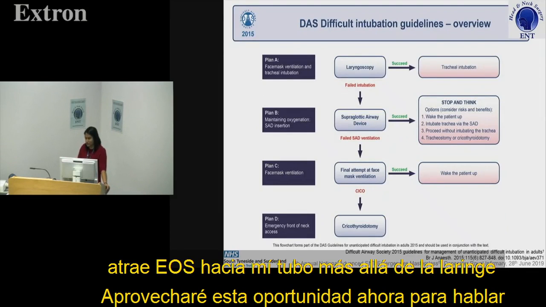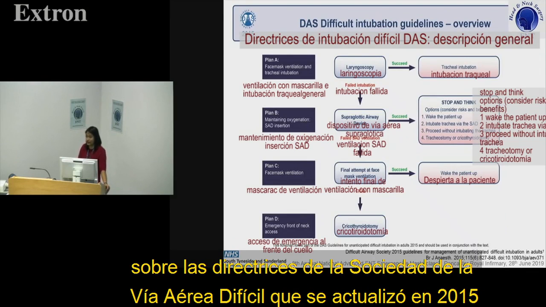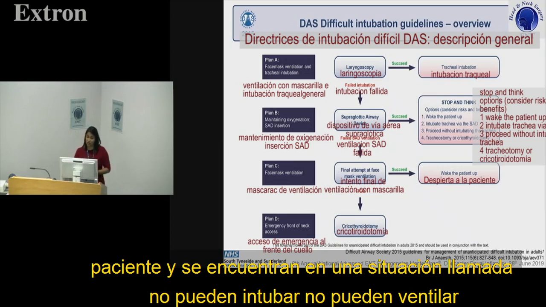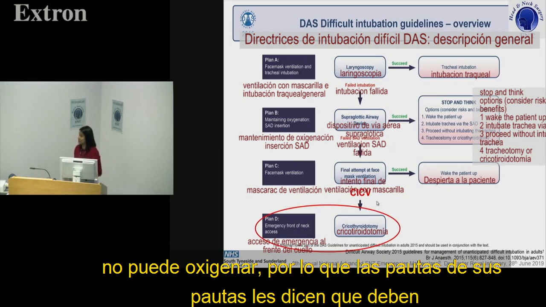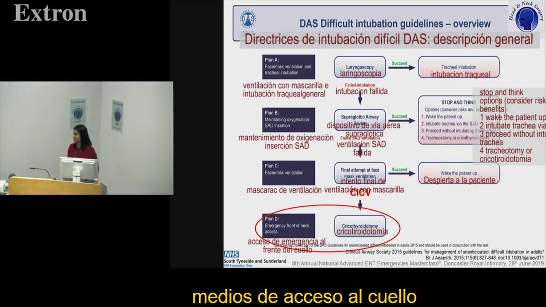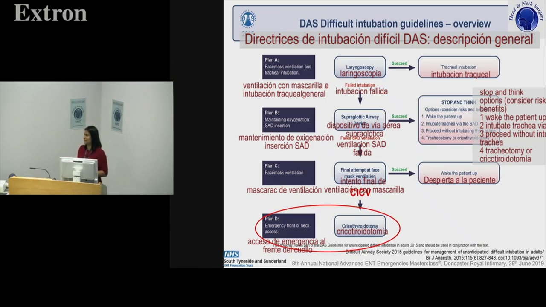I'll take this opportunity now to talk about the Difficult Airway Society guidelines. This has been updated in 2015. So if an anesthetist is finding it difficult to ventilate, intubate a patient, and they get into a situation called can't intubate, can't ventilate, can't oxygenate, their guidelines tell them that they have to do an anterior front of neck access. Do you understand what an anterior front of neck access means? So it's essentially establishing